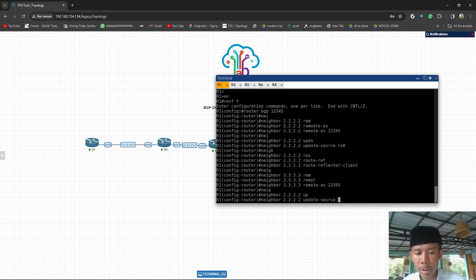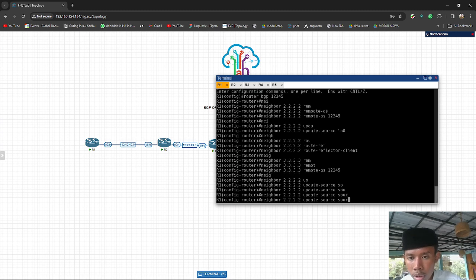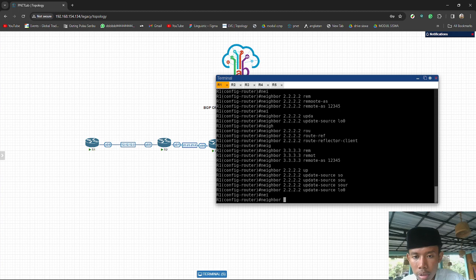Neighbor 3.3.3.3 update source from loopback 0, and after update source, like before, we'll do route reflector client.